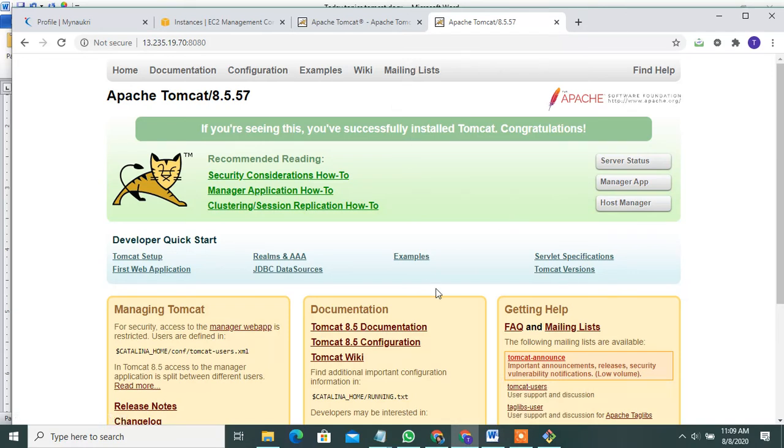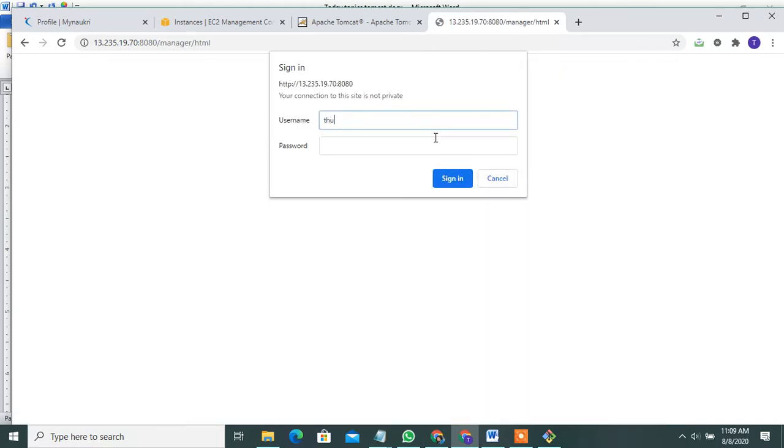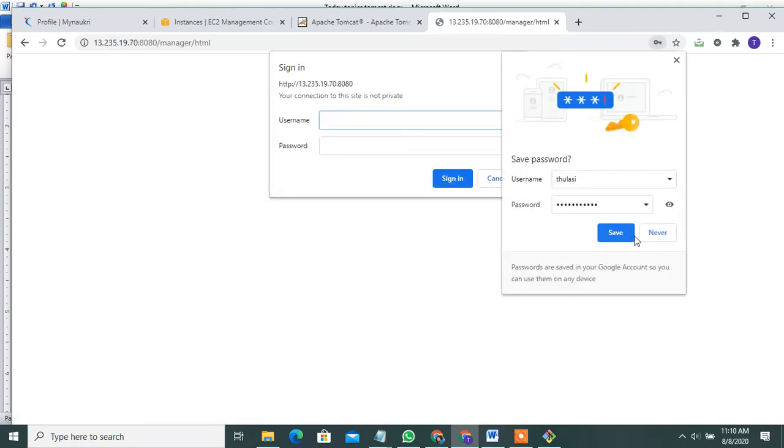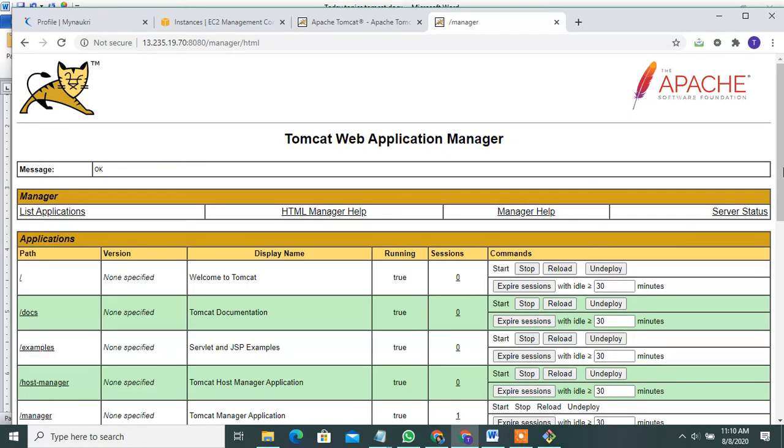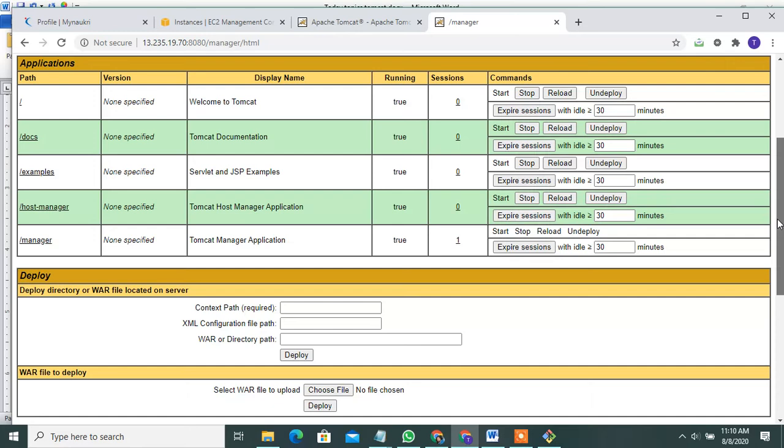Okay guys, next is to open my Tomcat server. It's opened successfully.